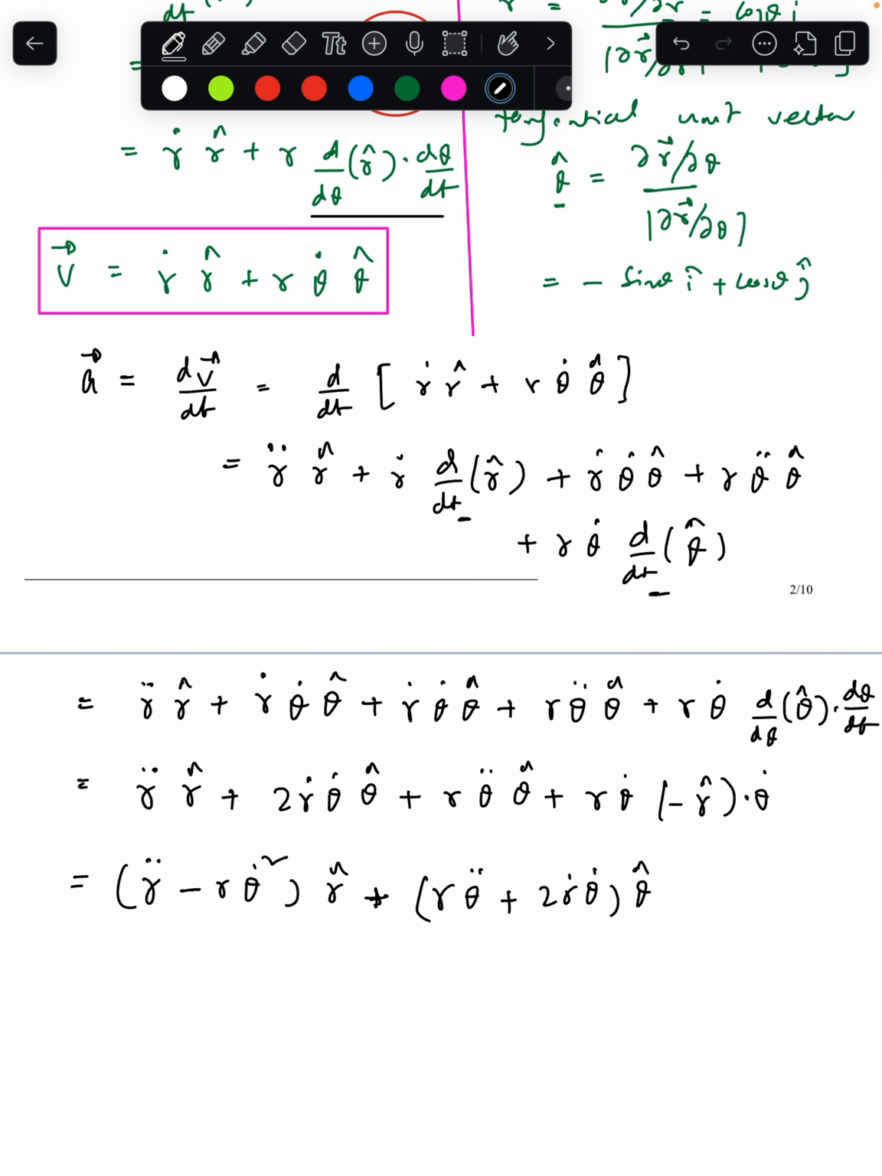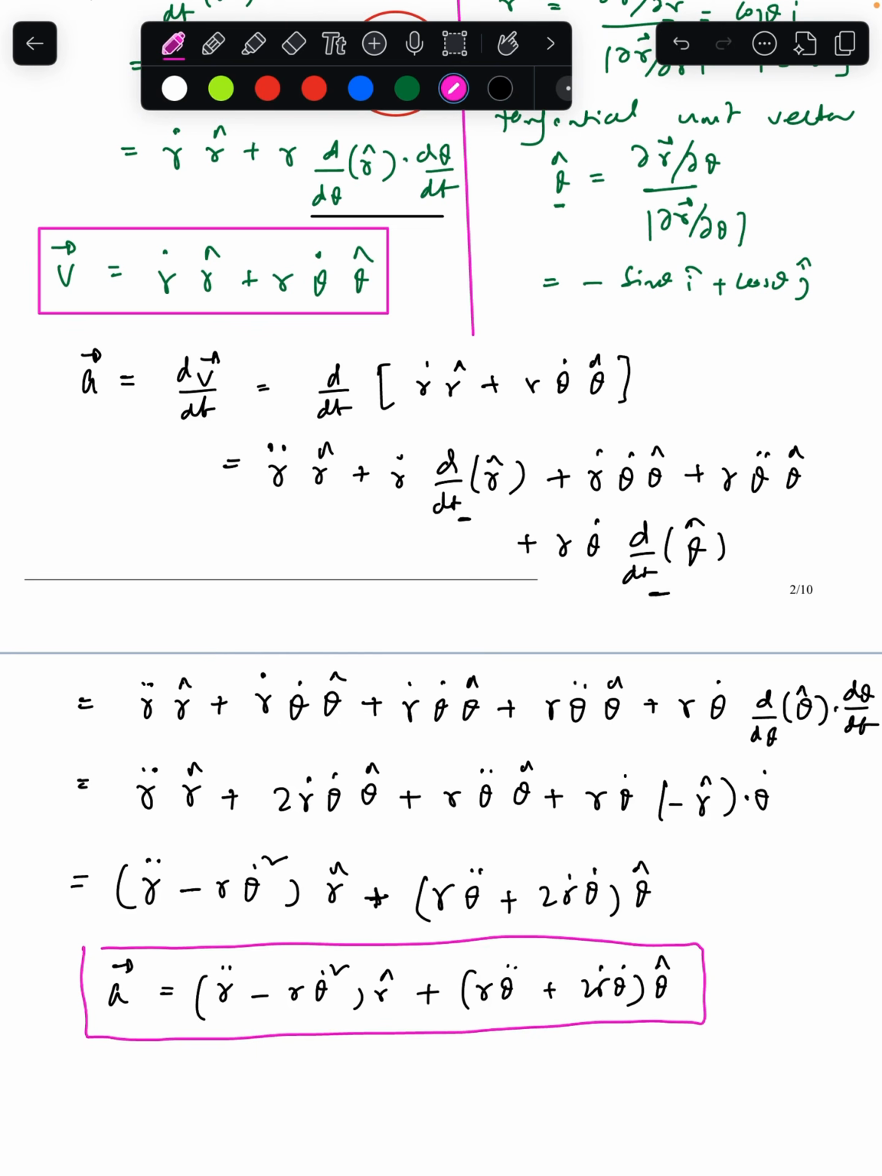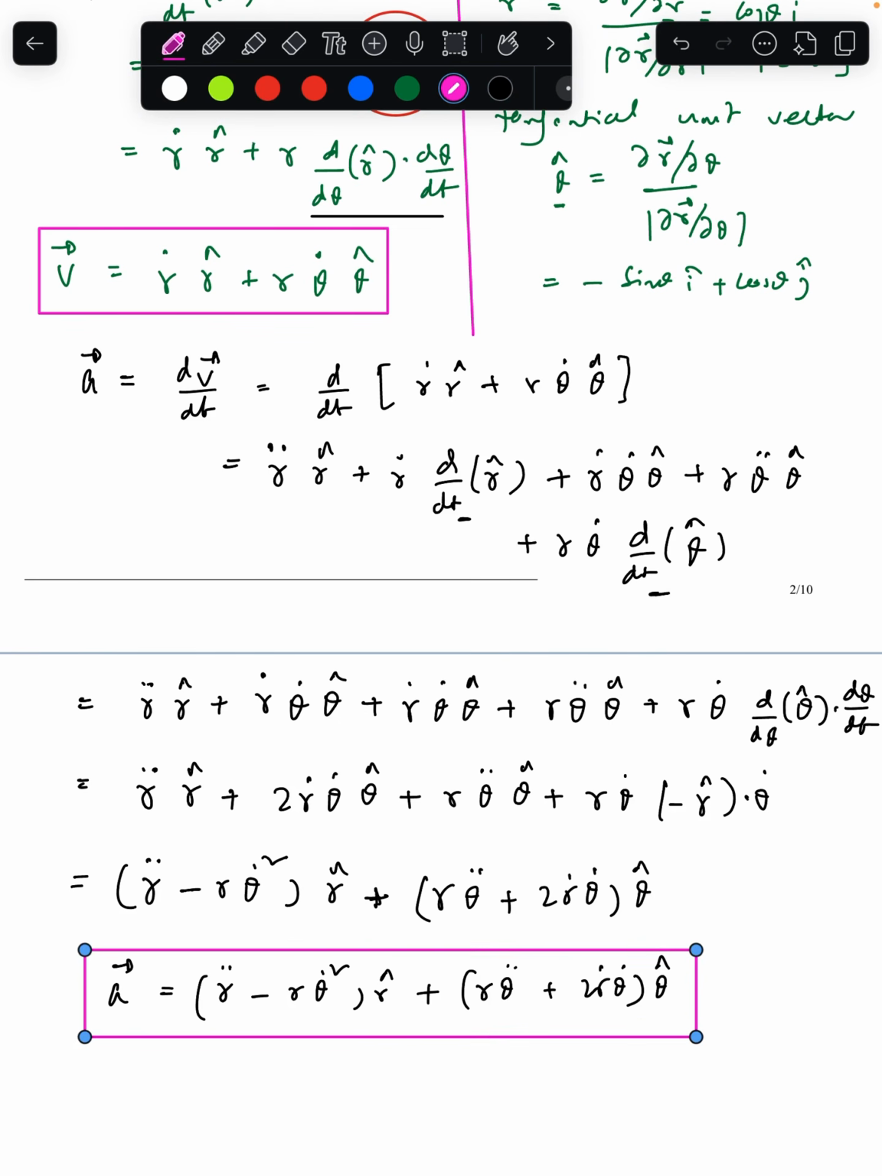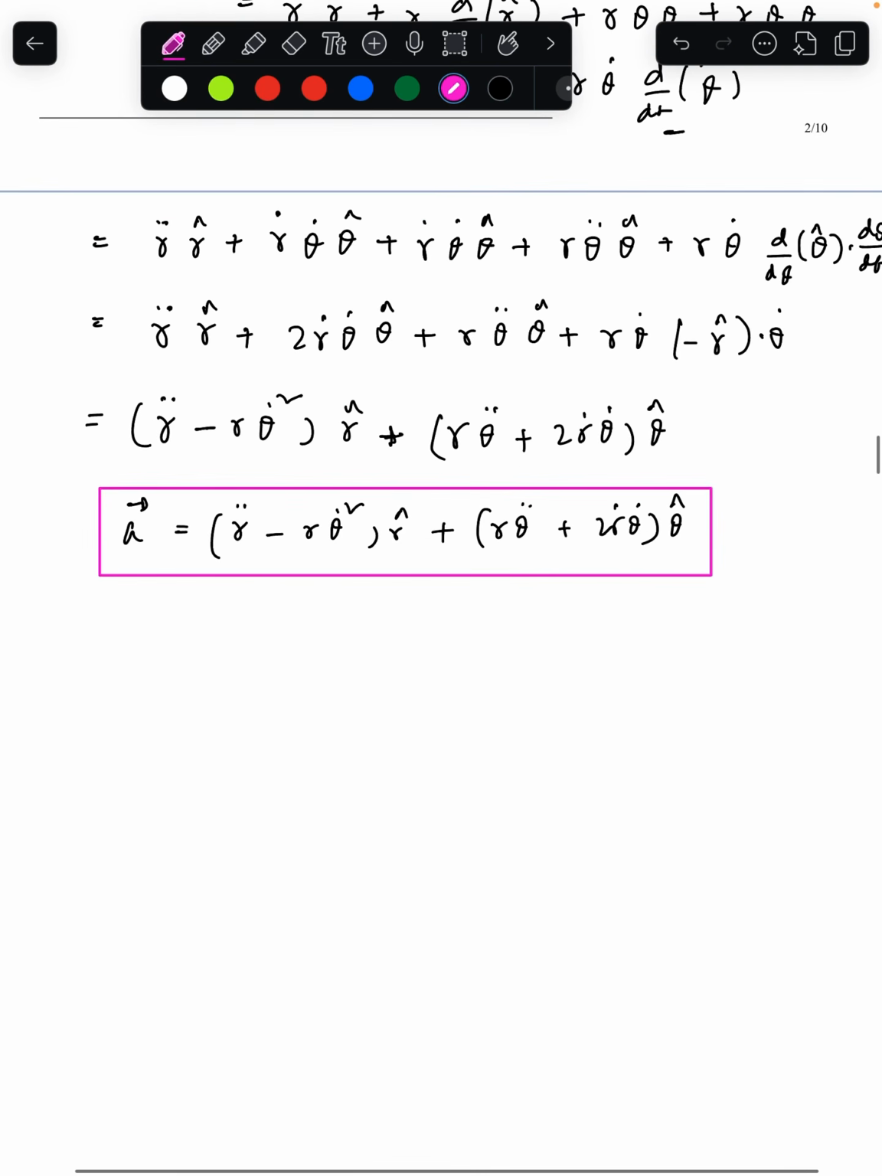So here I will rewrite the acceleration term. Acceleration is equal to (r double dot minus r theta dot square) r cap plus (r theta double dot plus 2 r dot theta dot) into theta cap. So this is my acceleration term over here. In this acceleration term, you can clearly check there is one radial term and one cross radial term. So if I want to write the force over here, force is equal to m into a, which can be written as